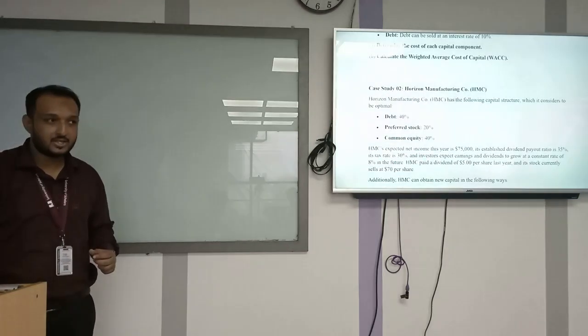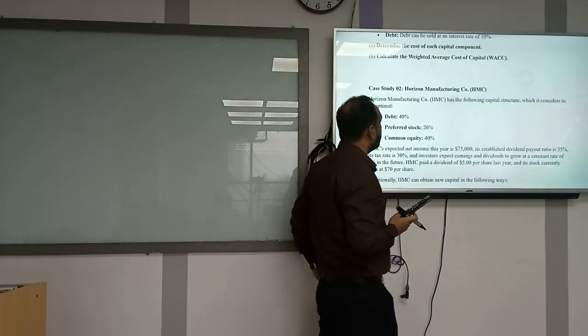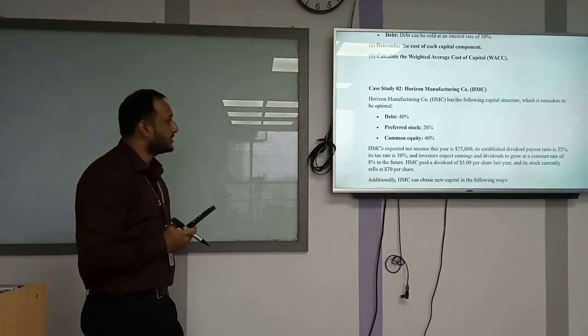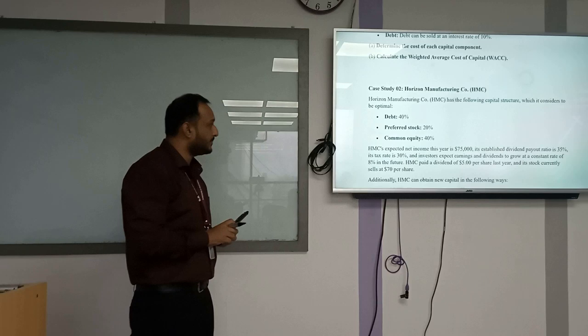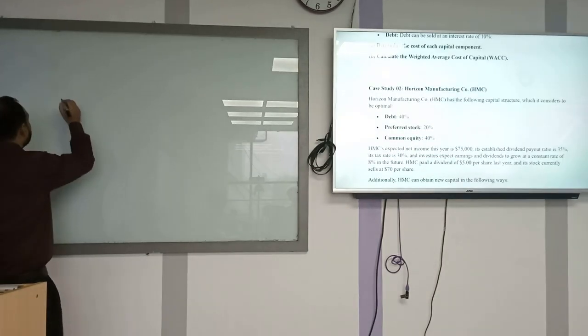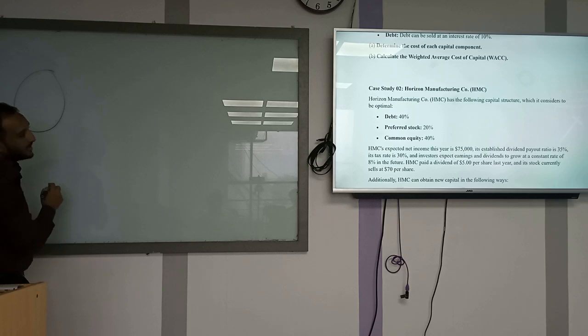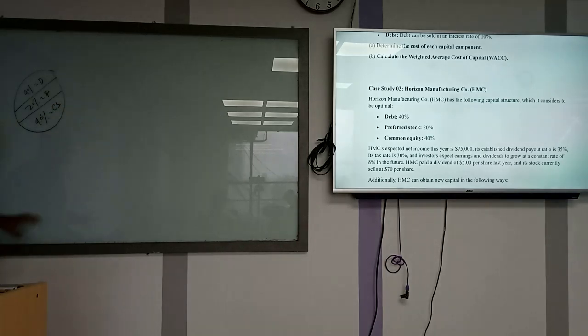These two case studies are pretty much similar। আমরা এটা পড়ি: Horizon Manufacturing Company has the following capital structure which it considers to be optimal। So optimal capital structure is given as debt 40%, preferred stock 20%, common equity 40%। তার মানে সবগুলো ওয়েট দেয়া আছে, তাই না? ক্যাপিটাল স্ট্রাকচারে ডেট আছে 40%, প্রেফার্ড স্টক 20%, and the rest 40% is my common stock, which I consider to be the optimal one for my company।